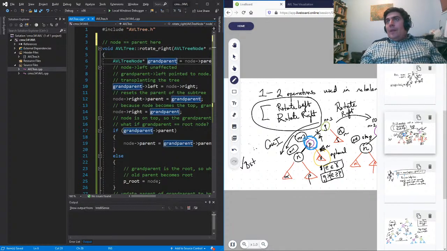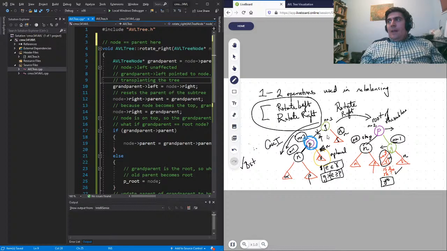So the grandparent's left becomes this gamma here. Let's push that in. There we go. Yep, so you see how the grandparent's left becomes here, and now what we're doing here is node.right is still pointing to this gamma, and so we can use that to point back to gamma's parent and tell it to point up to the grandparent. So really this is the transplant operation. This transplants the tree onto the grandparent's left, and then what happens to the parent.right becomes grandparent,